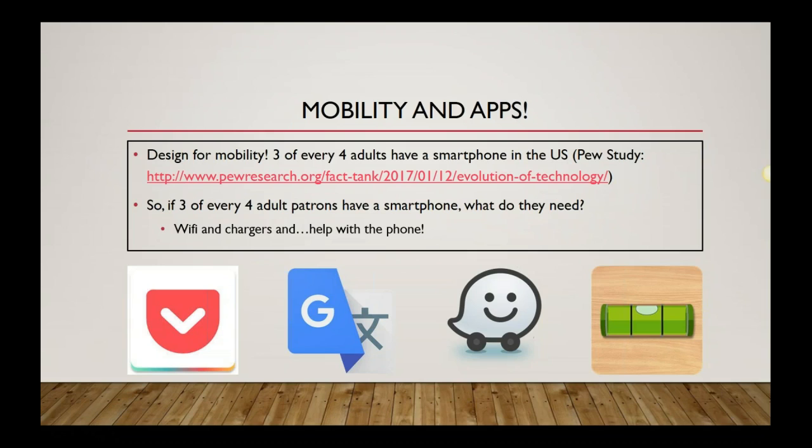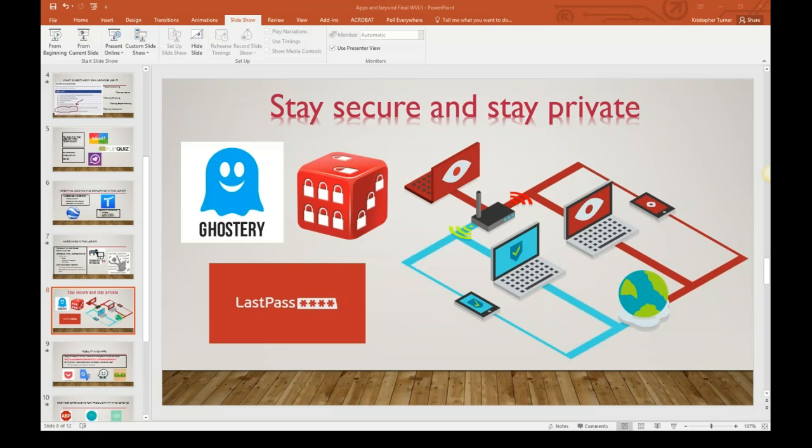And then the final one on the far right-hand side is just something that people don't really think about often, is there's a lot of free toolbox apps out there, like in this case, a level. You can use your phone as a level. There's a lot of different little mini tools you can put on your phone for free, including, I think there's one toolbox that has 13 in one, like a compass, a level, all this great stuff that people don't really think about, a ruler that you can use with your phone.